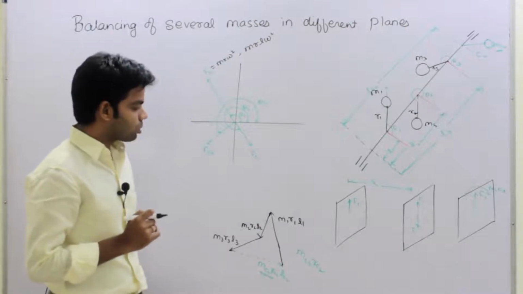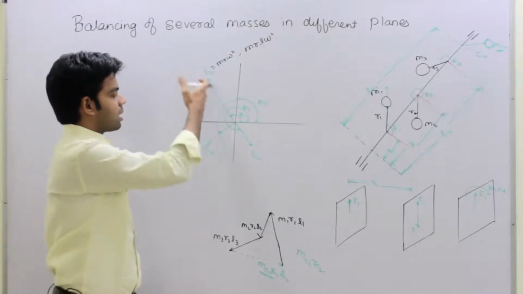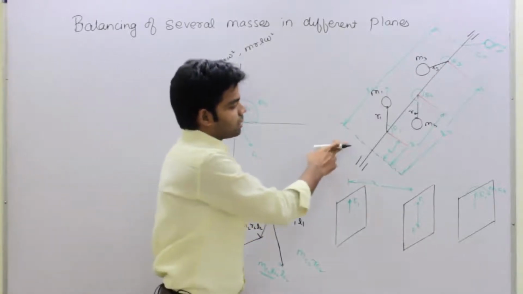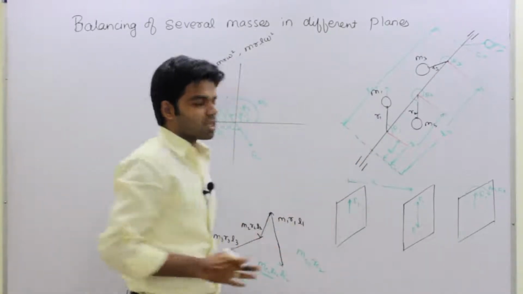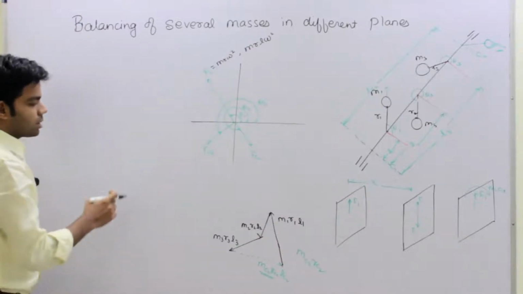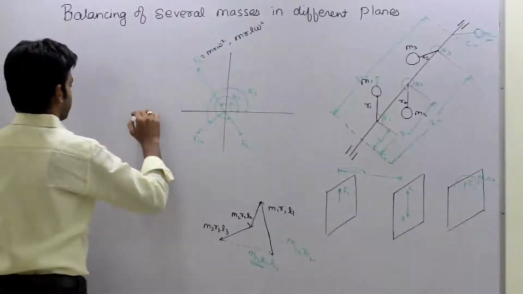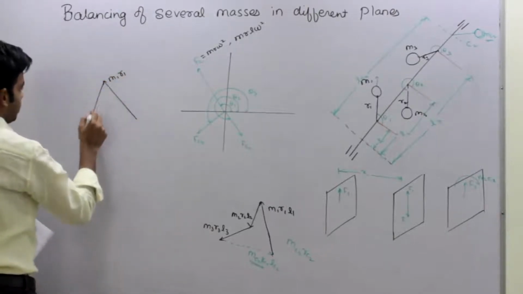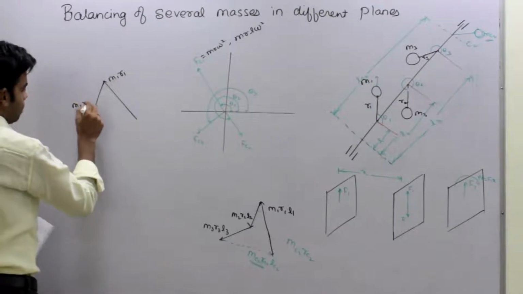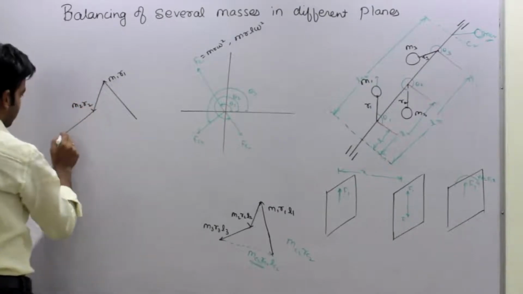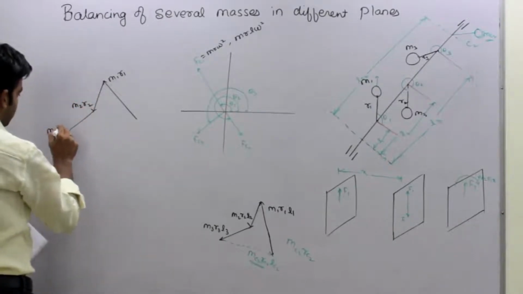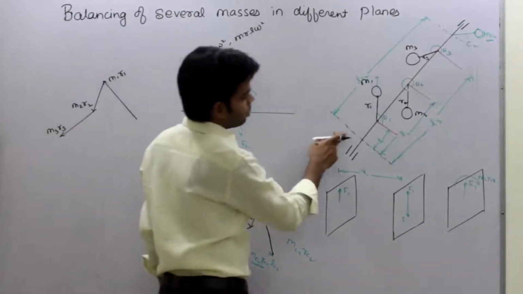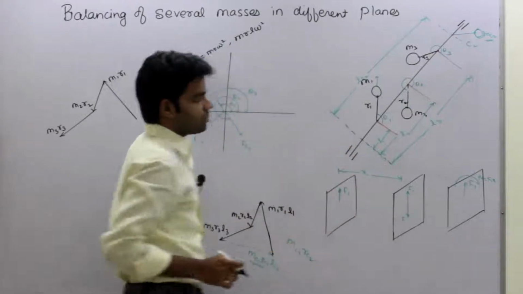Okay, now second thing is we will draw the polygon for force vector. Force vector के लिए polygon draw करना है. Okay, direction will be same, direction of force vector will be same. Okay, and with that we will have to determine the mass which has to be put on this reference plane C1. ओके, तो फोर्स वेक्टर के लिए फोर्स वेक्टर ड्रॉ करते हैं. So first vector is m1 r1, then m2 r2, then m3 r3. Okay, now apart from this we have to put one mass in this reference plane C1.